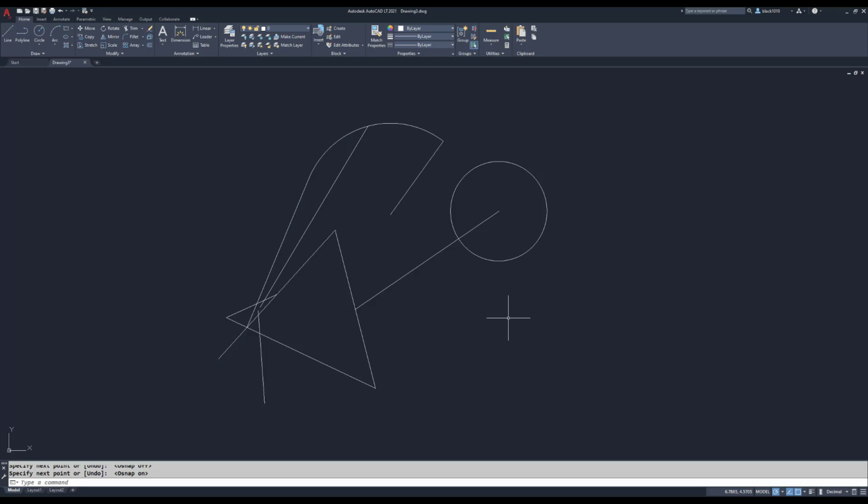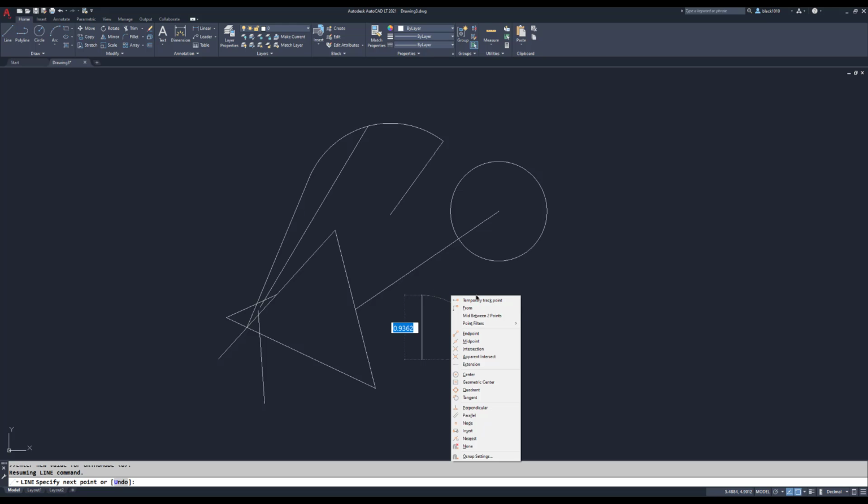All right, one more thing that I wanted to show you is what are called object snap overrides. Object snap overrides mean that when I don't want to use endpoint, midpoint, intersection, or center point, and I wanted to do something like, let's say I wanted to draw a line from anywhere, here, to a point perpendicular to that line. What I can do is hold the Shift key down and right click, and up comes my object snap override menu with all of those object snaps, just like they were showing in this list over here. And now I can pick perpendicular,